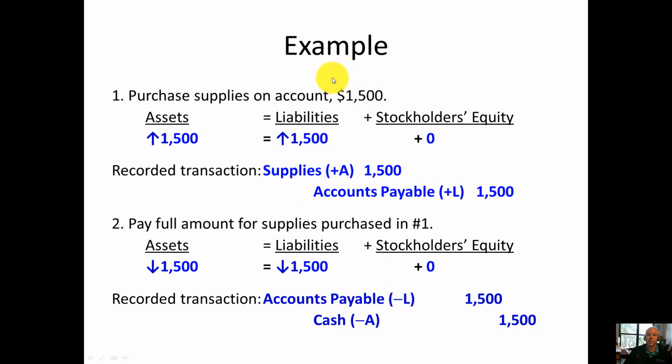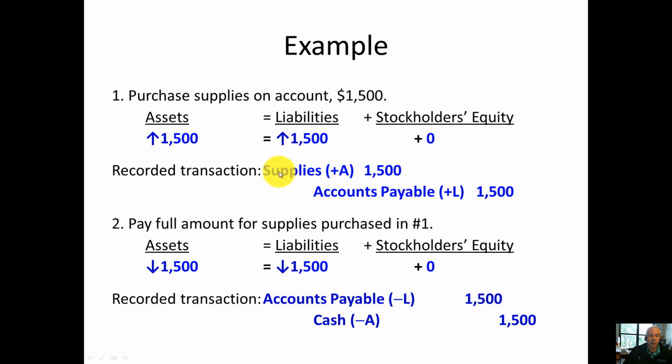Let's look at 2 other examples here. And then I'm going to hide this information to see if you can follow along. So we're going to do these together. The first example is we purchase office supplies on account. There's a sight word here, on account, which means basically you did not pay cash for it yet. So how do you record this transaction? Well, you got supplies, which is an asset, so assets increase, and you did it on account, which means you must have also incurred a liability, so liabilities increase. There's no change to your stockholders' equity because revenues or expenses or dividends were not involved in this transaction, so it just involves your assets increasing and your liabilities increasing.